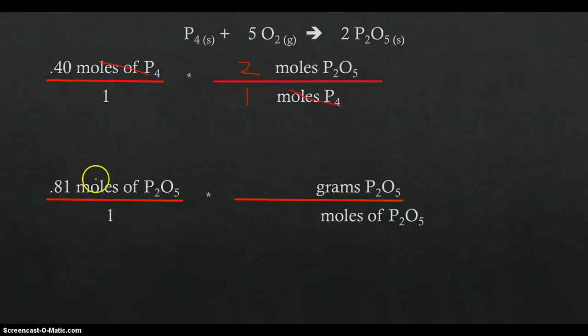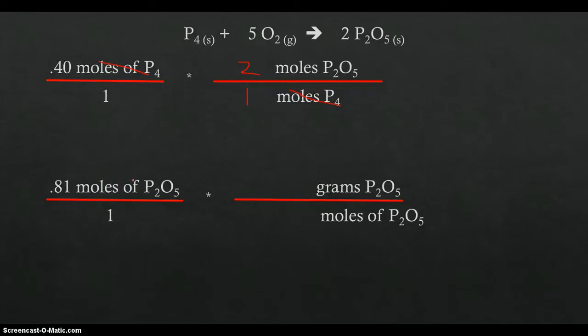And again, remember, the reason why we went from 0.4 there to 0.81 is because on your calculator you're actually going to use the full complete number. You're not going to round off until the very end, the final answer. Here on the board or on your paper you can round off just to save space, but you actually want to use the full number. So that's just a quick reminder. All right, so I have 0.81